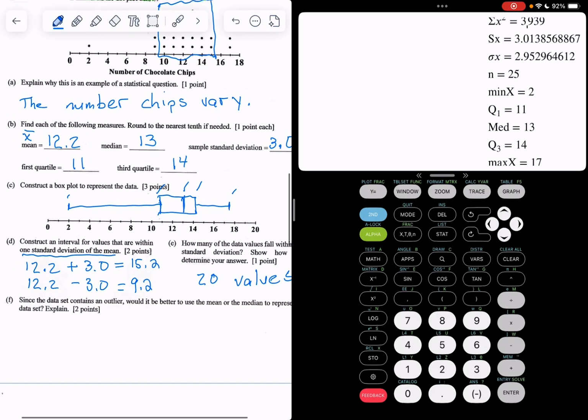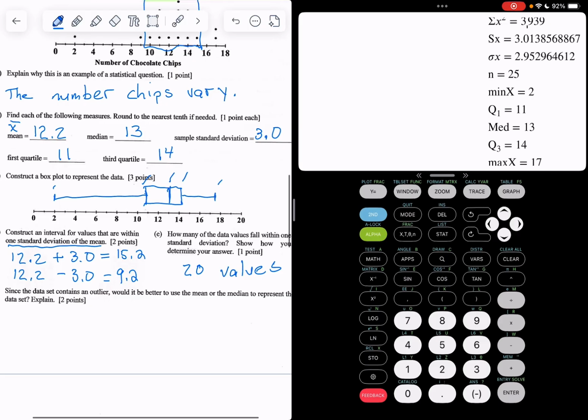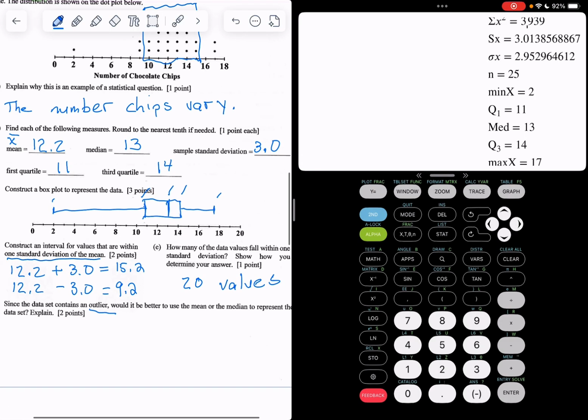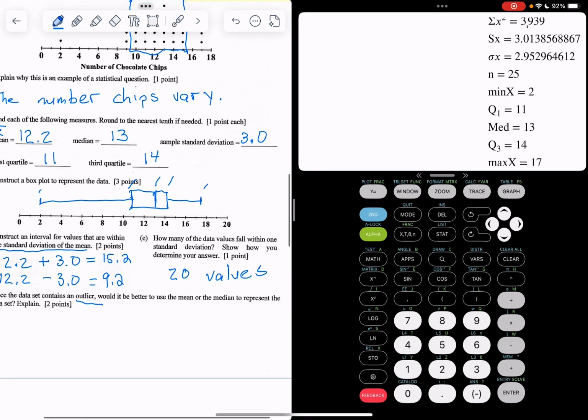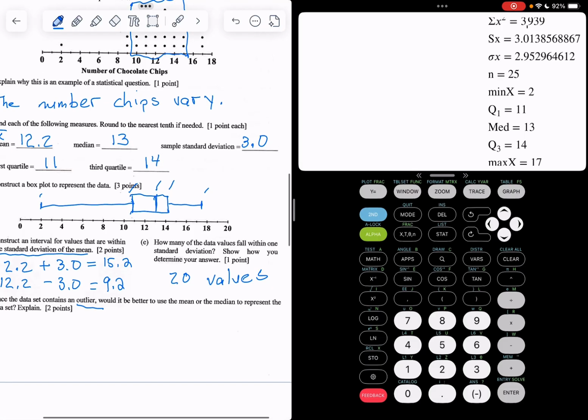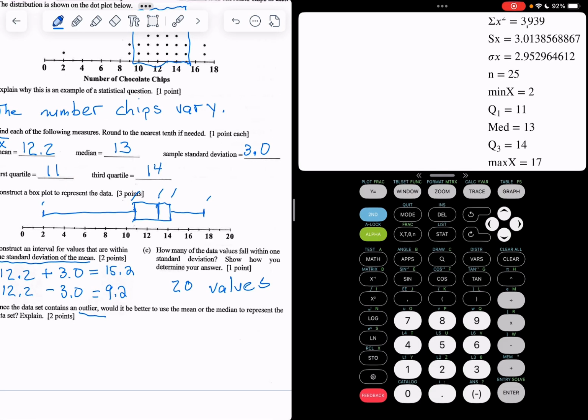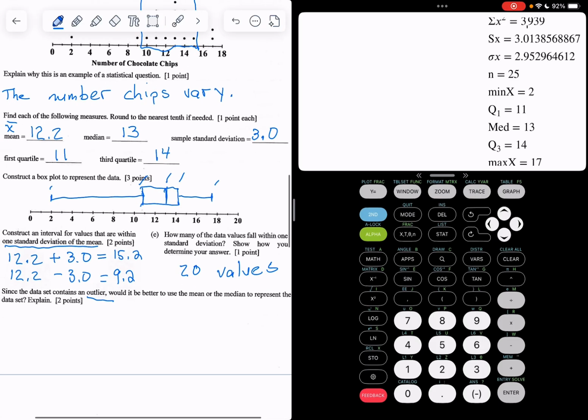All right, and then the last one is a question. It says, since the data contains an outlier, which means it's skewed to the left, right, because the outlier is smaller, should you use the mean? And we discussed this, right? These 20 values make it 80% of the data, which isn't a good variation. You want it to be 67%. So when you have a skewed distribution, it makes it go to one side. So you would use the median